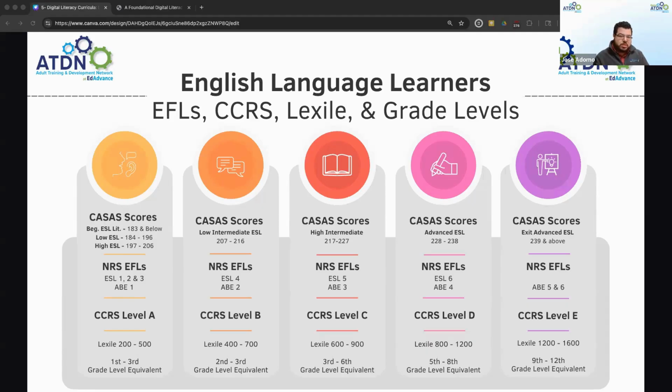But one of the challenges for a lot of the access to that curriculum is because of the CASAS reading score. North Star states that they recommend a 211 CASAS reading score for those learners to be able to engage into the online modules that are provided in North Star.